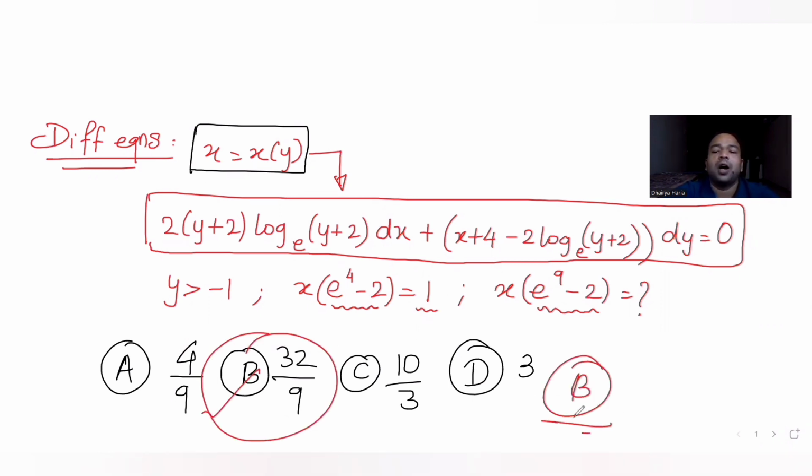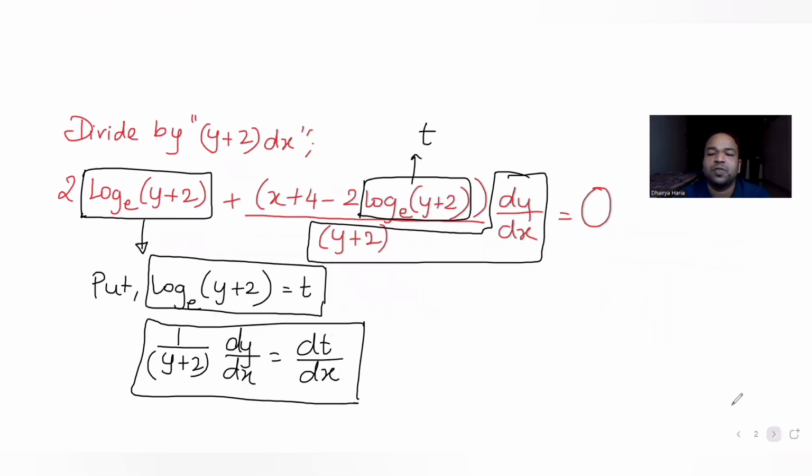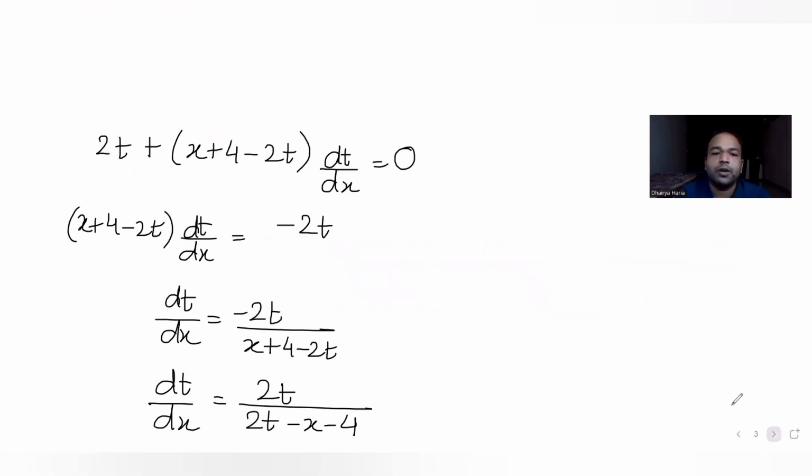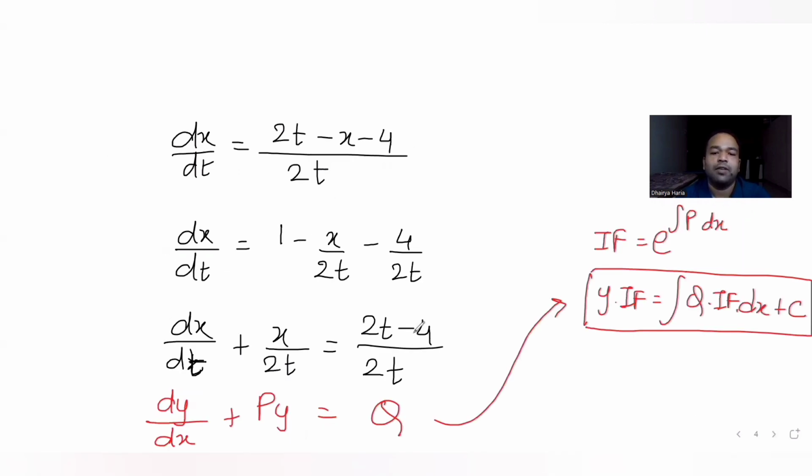I hope you have understood how to solve this type of questions which deals with the ideas of differential equations. So our entire solution in this differential equation was just the opposite, that we were finding our entire solution in terms of y here instead of x as in the previous questions which we have done. So we just substituted log of y plus 2 to the base e as t, and we converted our entire differential equation in the form of dx by dt, and then we solved it further using this general form